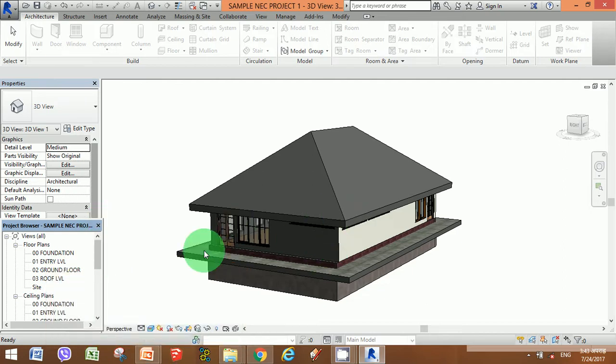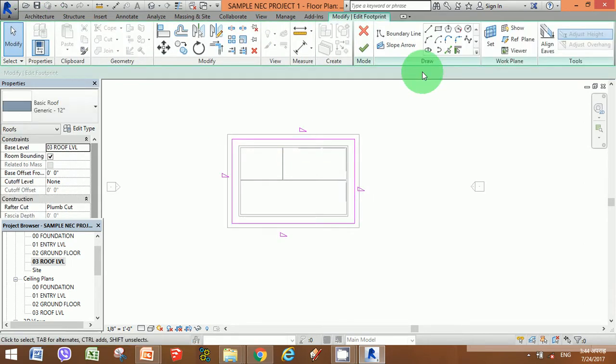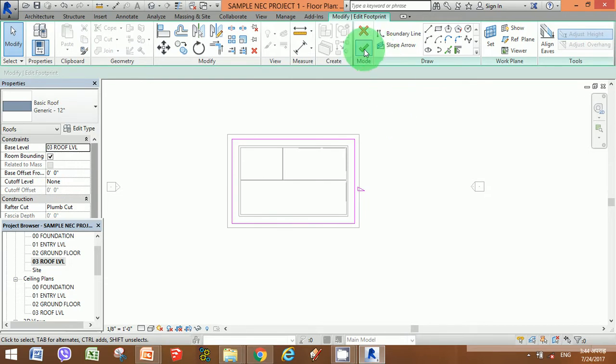Now if you want a different type of roof, if you don't want this typical default roof that is shown here, we could go back and make the roof design in a different manner. Select the roof, double click it, and then here select the line where you don't want that slope to be. This symbol represents slope. So if you don't want a slope over here, just deselect the slope tool. Let's keep the slope on one side only, and let's see how the design works for us.